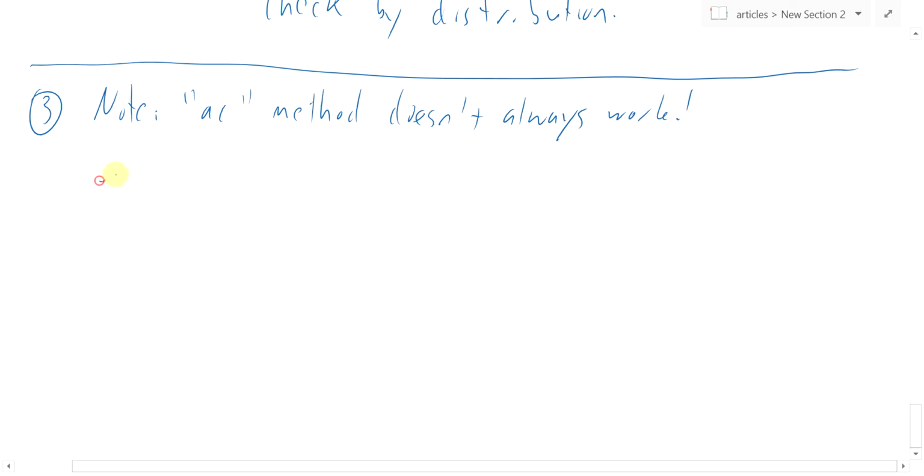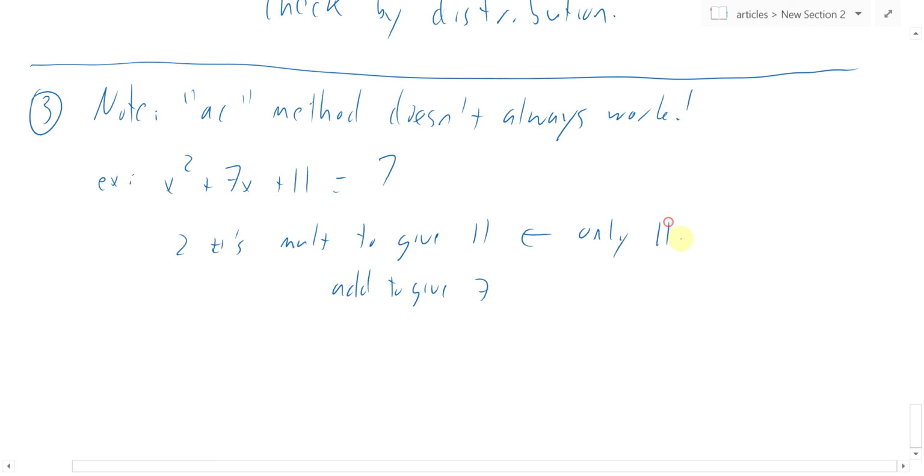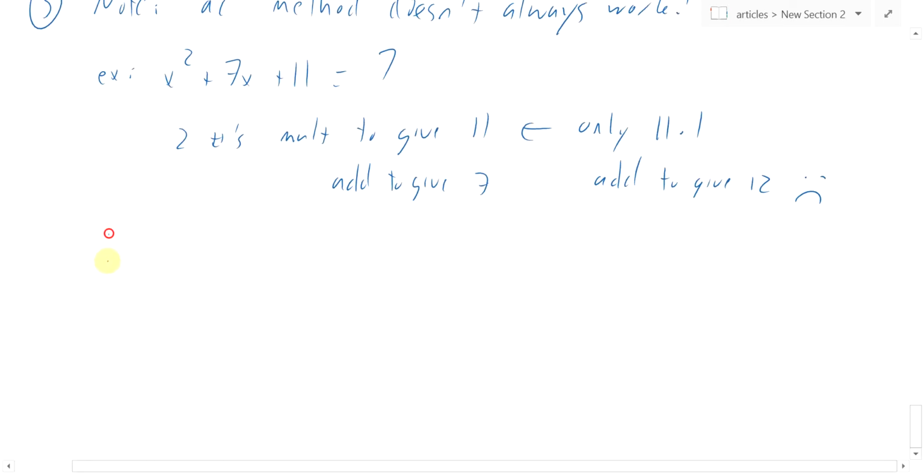So, for example, x squared plus 7x plus 11 equals what, if you want to factor it? Well, we need two numbers that multiply to give 11 and add to give 7, but the only possible numbers that multiply to give 11 are 11 and 1, and that adds to give 12. Again, doesn't work. Sad. But, as we'll see later, the quadratic formula will come to our rescue,